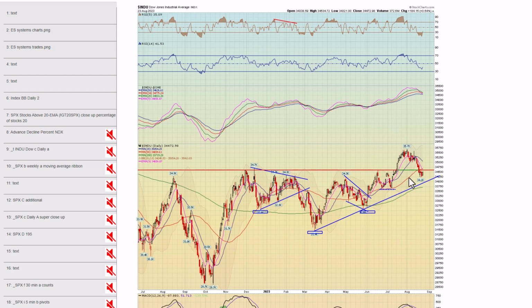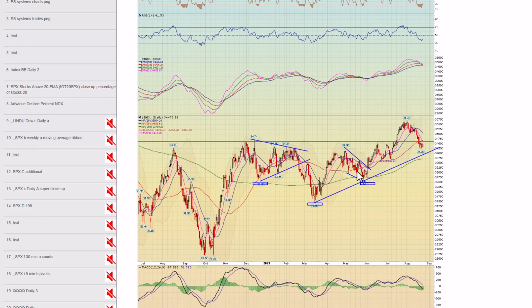Next, let's move to the individual indexes. So chart number 9, here's the Dow. The Dow had this inverse head and shoulder pattern. We talked about that back in May. That played out. Dow pulled back. It didn't hold that horizontal level, which was a big level. Lost that. Still above this uptrend line, but this one's lagging. So money's been rotating back into some of these other areas. Anyway, your main resistance now are the moving averages above. The 9 EMA is your first one, then your 20, and your 50.